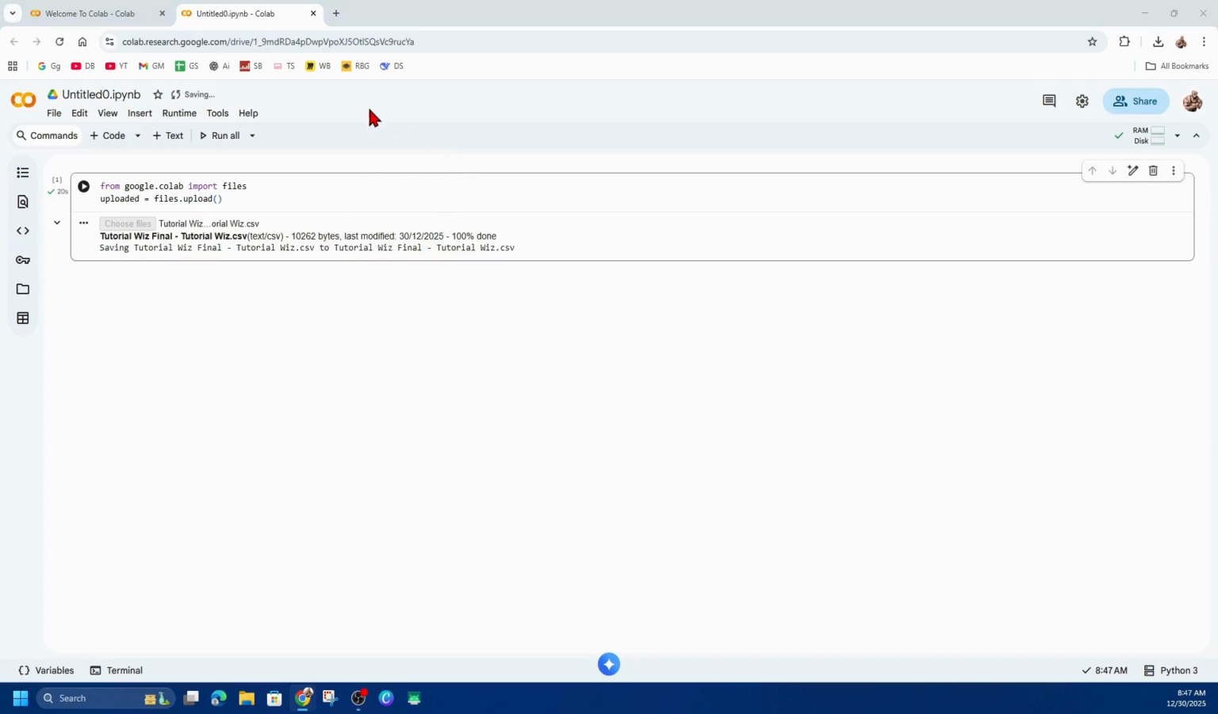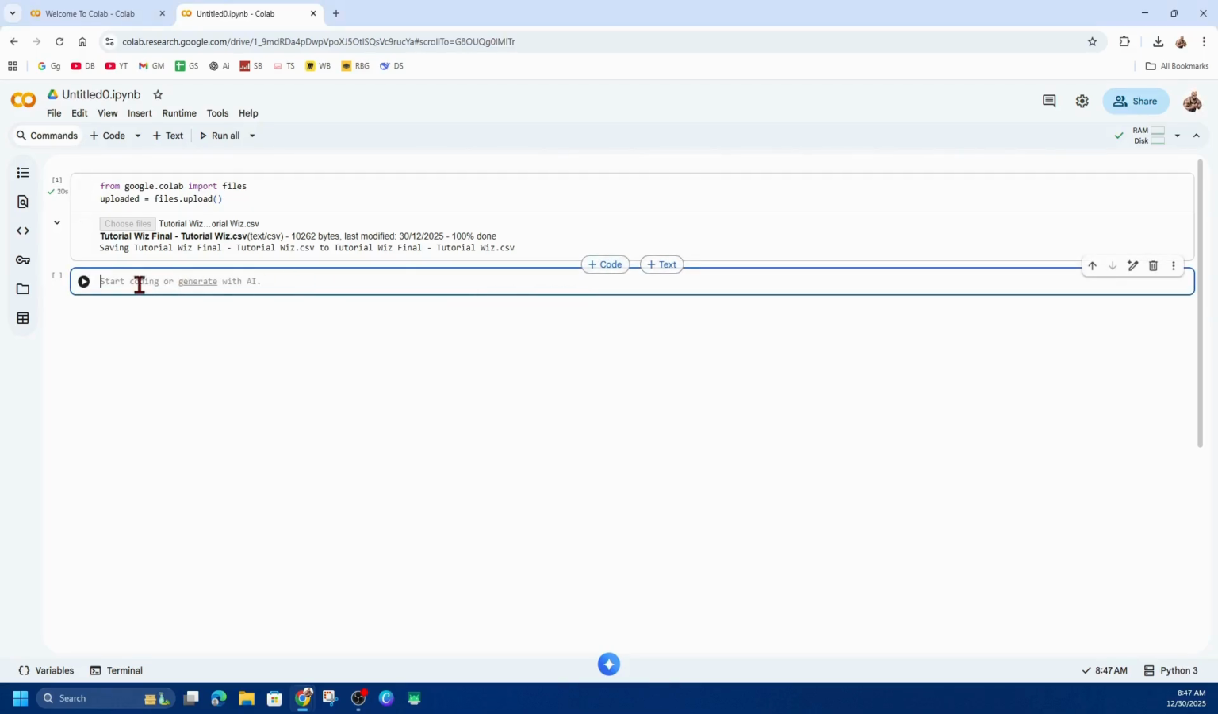Then from here we need to go ahead and add another code. So go ahead and just click on add code. Then you're going to get another line here that says start coding or generate with AI. Then add in import pandas as pd, and then go ahead and click on the run button here, and then